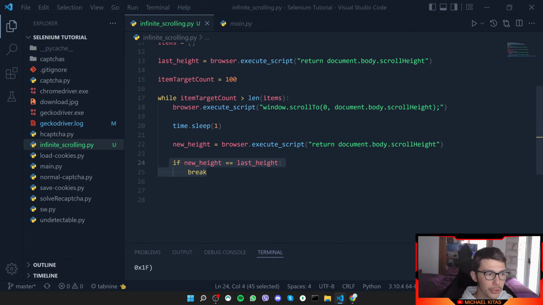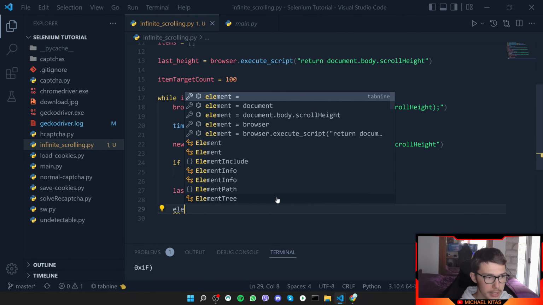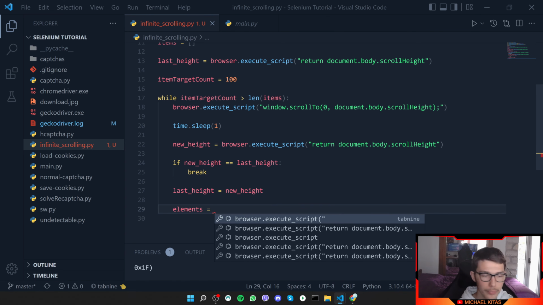So if that's not true and we don't break the script, then we will just update our last height with our new height, so we can check it the next time as well. And then now what we will do is scrape the new elements. Basically, we don't scrape just the new elements, but we scrape all the elements that are visible, so have that in mind. So we can say elements equals to, and then